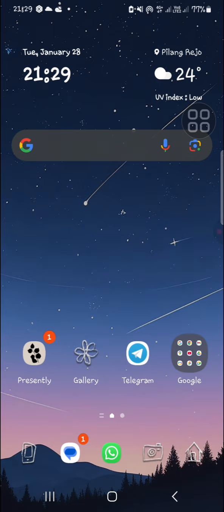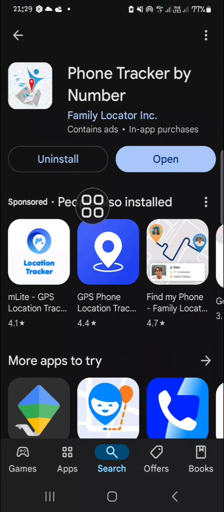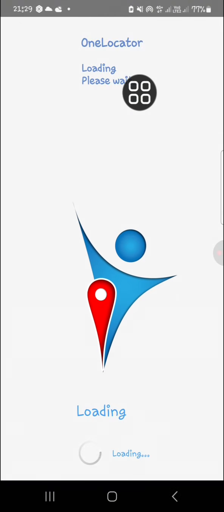Okay, if we want to track phone number location, we need to prepare an application. You can go to your Play Store or Apple Store and then find the phone tracker by number. Okay, you can download it and install this application on your mobile phone. And then as you can see, I have installed this application, so I just need to open it. Okay, and hold on guys, we need to set up the application before we use it, and make sure you